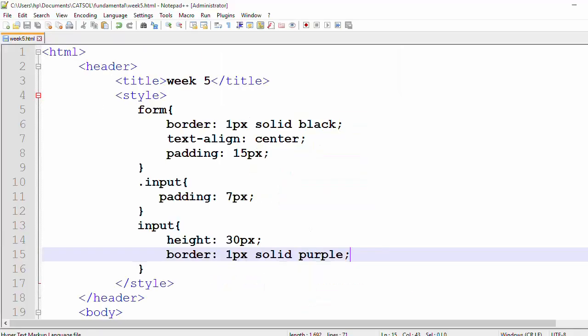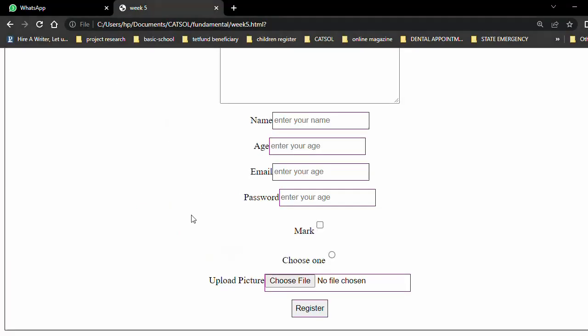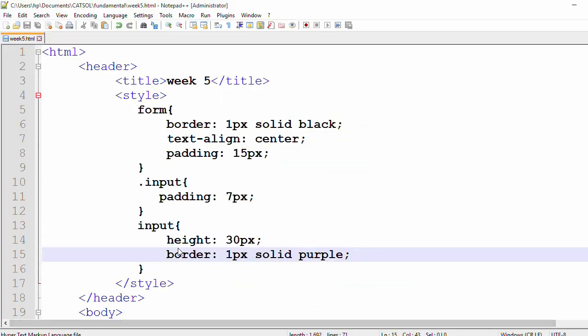There, I see. Yes, I see. So you see that the color is looking like purple, but the way you're looking at it, you don't see it, and sometimes you don't put all the side border. You may likely see that. So what we need to do there is maybe border dash,